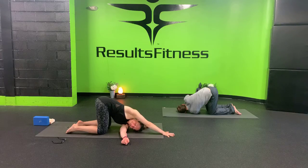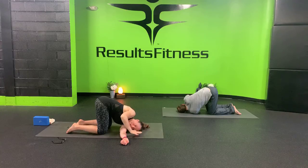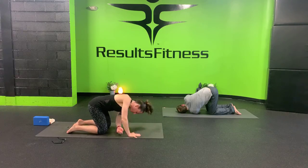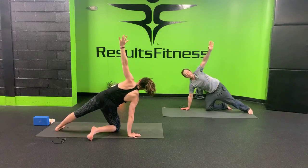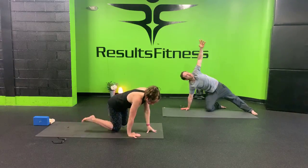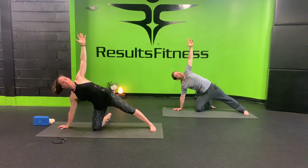Inhale as you lift your right arm high. Exhale and place your right palm down on the ground. Inhale and swing your left arm all the way up and open. This time keep your right knee down, bring your left foot to the back of your mat. I'm going to flip around here. So your right knee is down, your left foot's at the back edge of your mat for this variation of